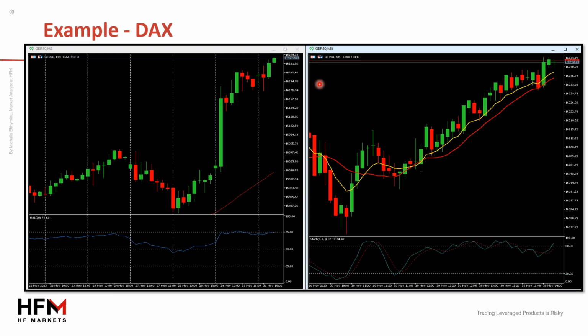It includes stocks such as, for example, Adidas, which some of you may know. Here we've got a 2 hour, and here we've got a 5 minute. So it's something similar to what I said before. We've got a moving average here, and we've got an oscillator here. We've got the relative strength index. So what are we seeing here, ladies and gentlemen, on this slide, on the 2 hour, the German DAX? We are above the